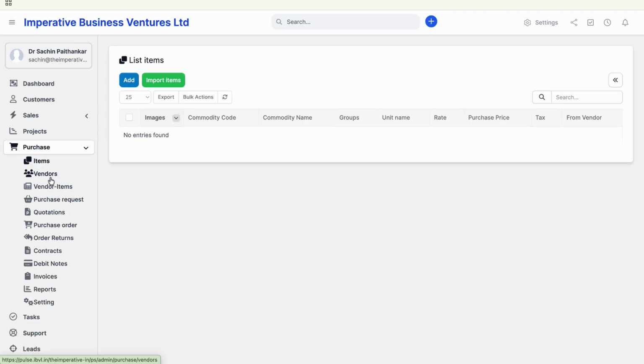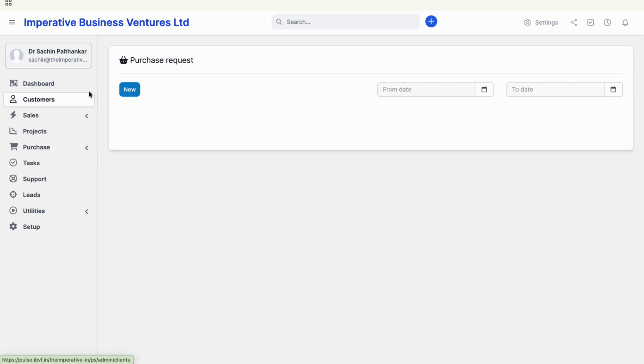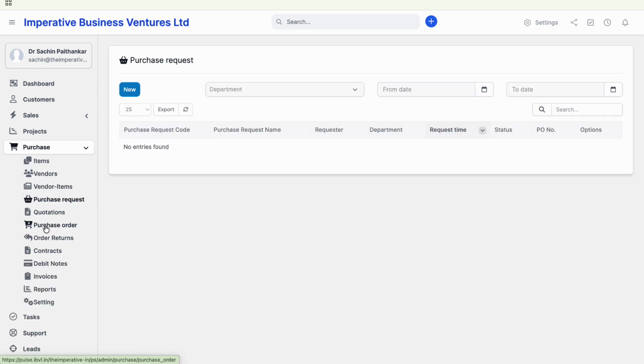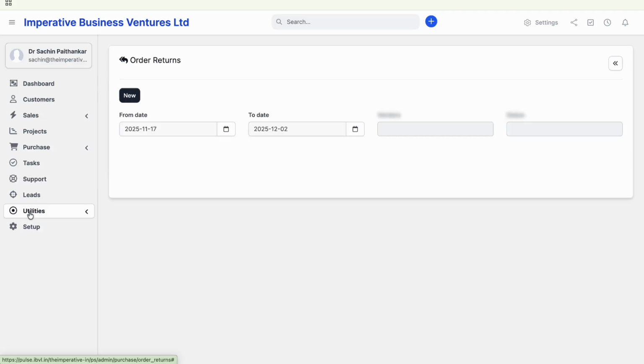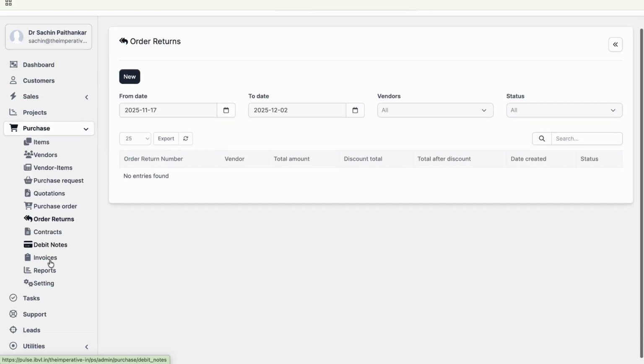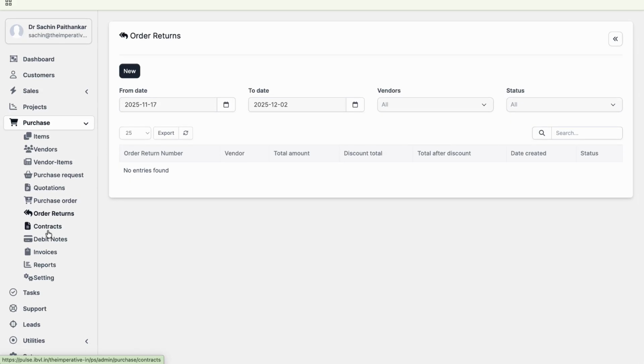You can add in items that are related to certain projects. If you have a project and there are multiple vendors, you can do that. You can add in a purchase request, you can get a quotation, you can move forward with the purchase order,